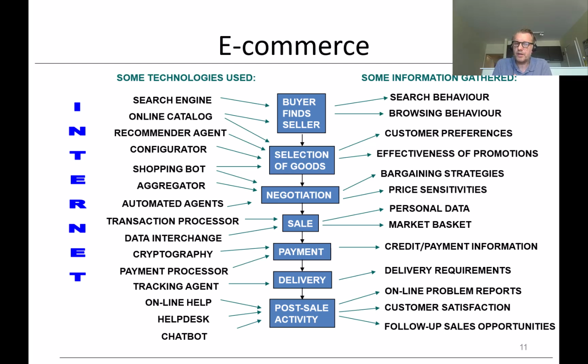to me. When I select my goods, I select the shoes, I select the size, I select the color, the style. That tells Nike a lot of information about the customer preferences, which is very important for promotions, for example. From the negotiation step, it will give insights in terms of the price sensitivities, bargaining strategies, and from the sale,